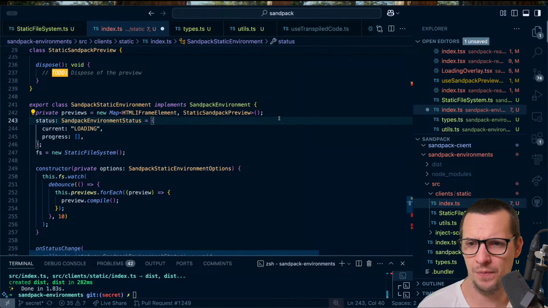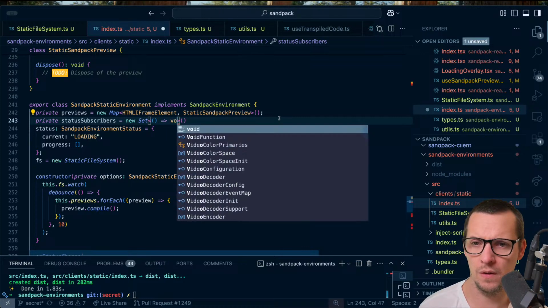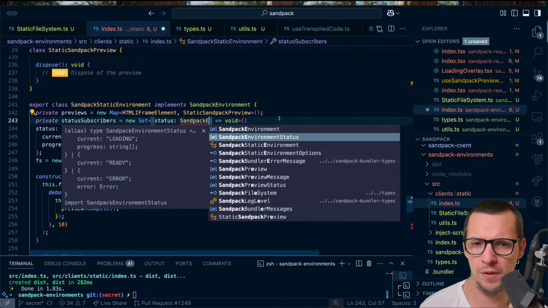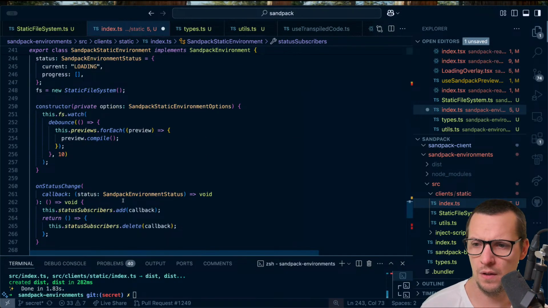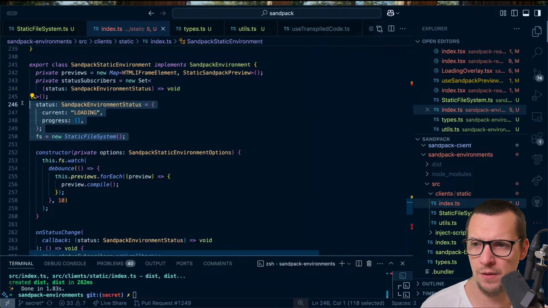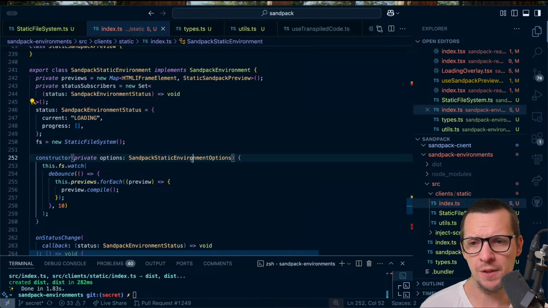Anyways, so let's add status subscribers, new set, Sandpack environment status. Okay, so now we have a way to get the current status and subscribe to status updates, which is nice for React. And what's kind of nice, we can have these hooks that